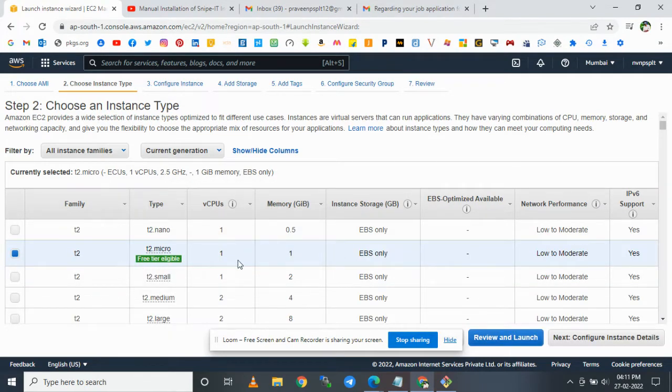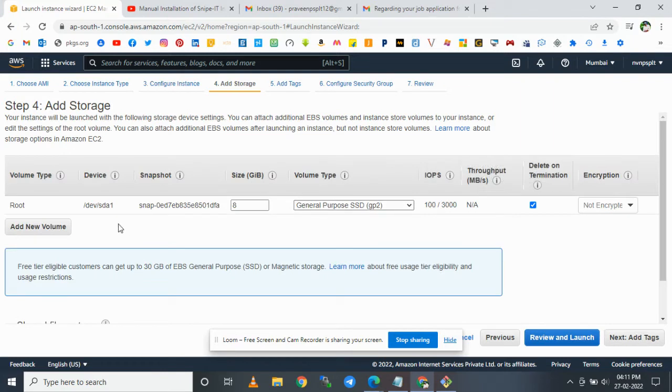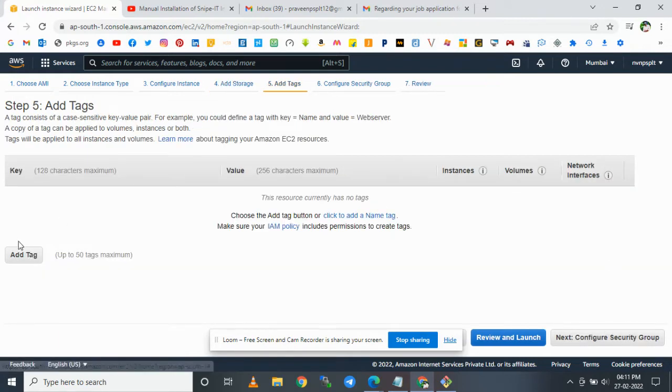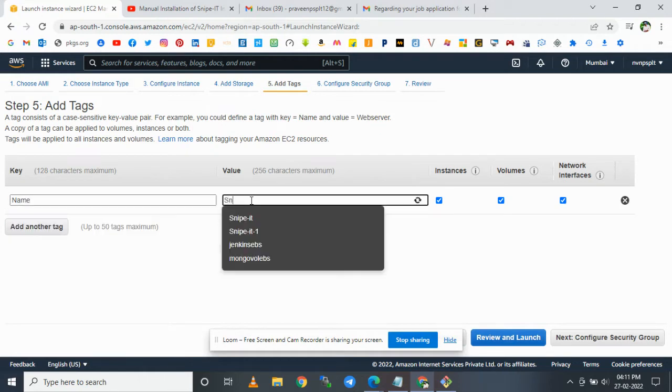For practicing purposes, T2 micro is enough. Put all as default. For storage, I'll give 30 GB. For the key value pair, the server name should be Snipe-IT.